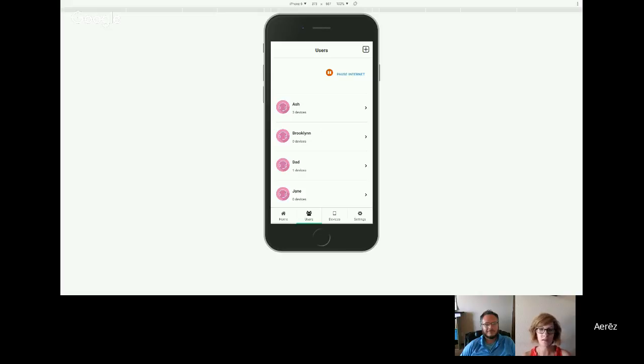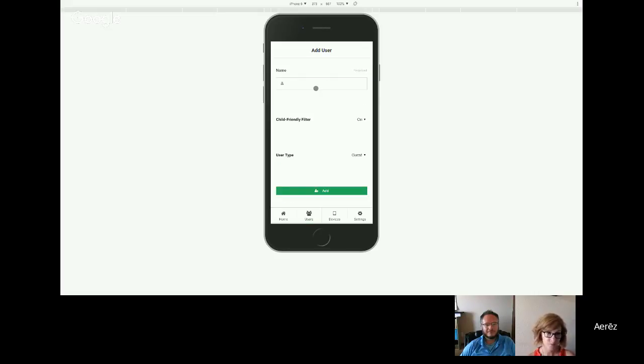The user screen just lets you put your devices to a person or to a group so that you can manage them really easy. So to get started, we hit the plus icon in the upper right corner, opening up the Add User screen. In this view, you can assign a name,